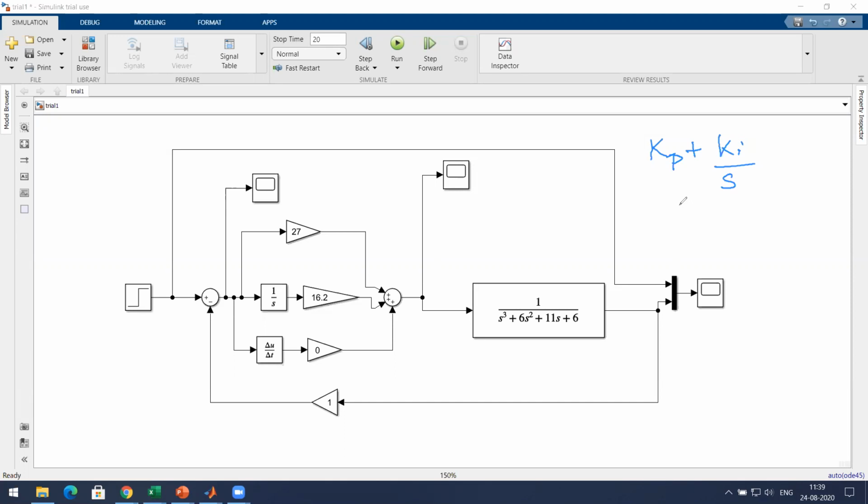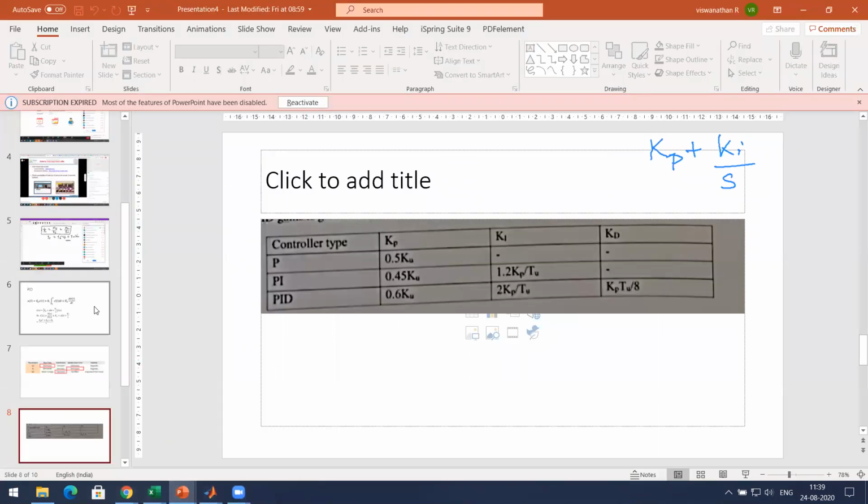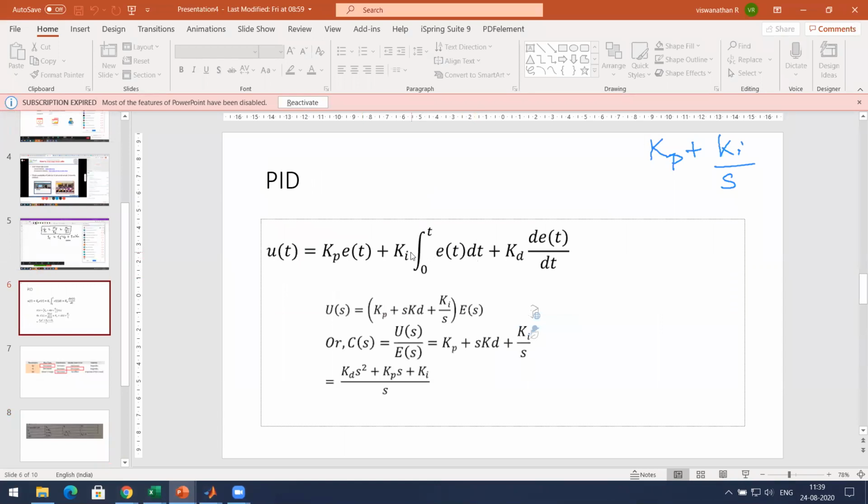Why is it so? If you look at the PPT, this is in the time domain: Kp e(t) plus Ki integral from 0 to t of e(t) dt. This integral is nothing but 1 by S in the Laplace domain. So this is Kp plus Ki by S.